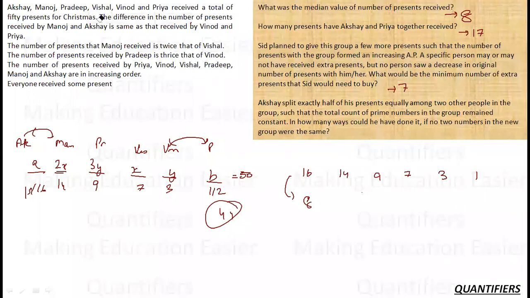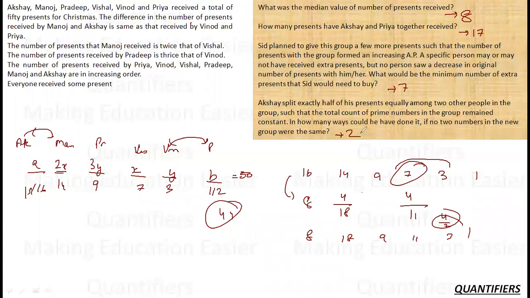What is the other possibility? Let us say I keep them intact, or if I try to change anything else, not possible. Okay. If I add 4 to it, it becomes 11. And then if I add 4 to it, it becomes 18. This is another possibility: 8, 18, 9, 11, 3 and 1. So these are the only two possibilities, because in this case, if I add 4, this will become 7, which is equal to this, and it is not possible that two are equal. So this will suffice. There are 2 possible ways. So this is the total answer.